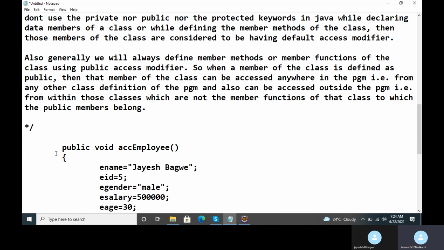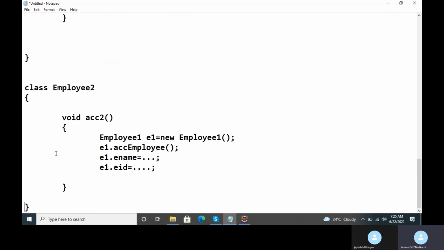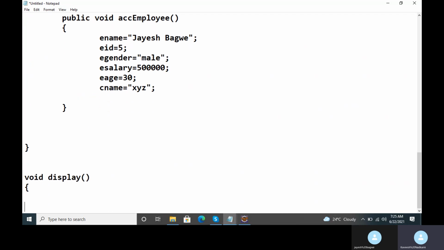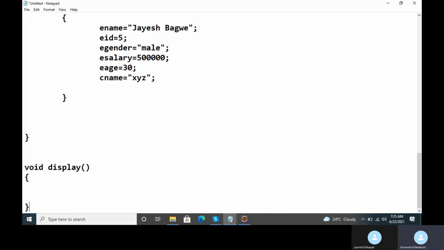One more thing in Java: whatever functions we define, we will always define them as member functions of a class. If you try to just define a function, suppose display, which is not a part of any class definition, you will get an error. You cannot define independent functions in Java.